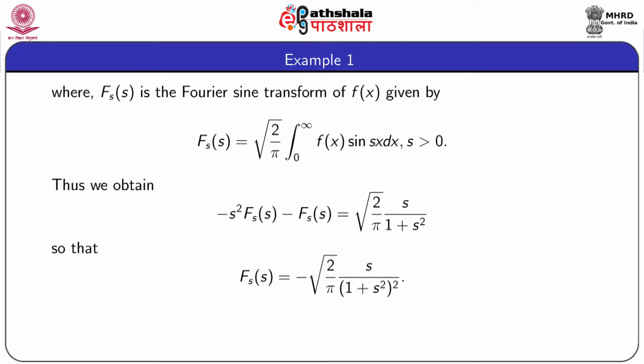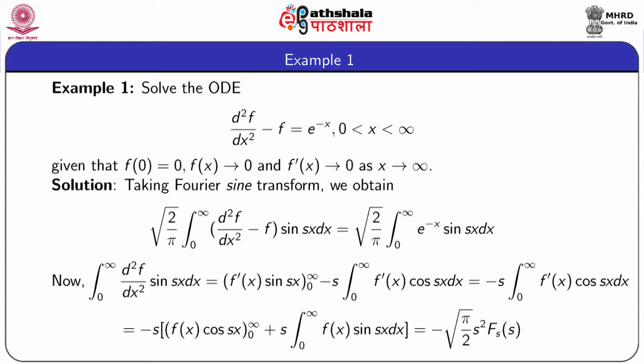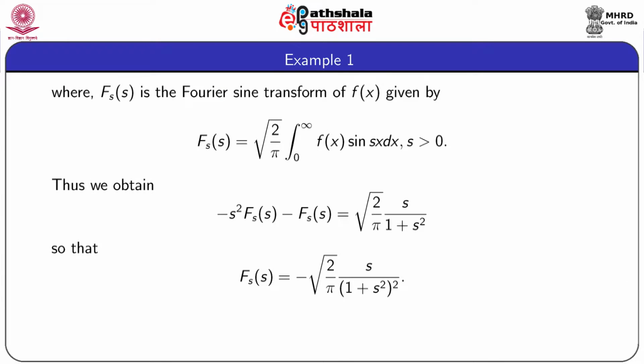So, calculating each term of this step, this expression reduces to minus s square capital F_s(s) minus F_s(s), that is equal to root over 2 by pi s divided by 1 plus s square. Simplifying this, we get capital F_s,